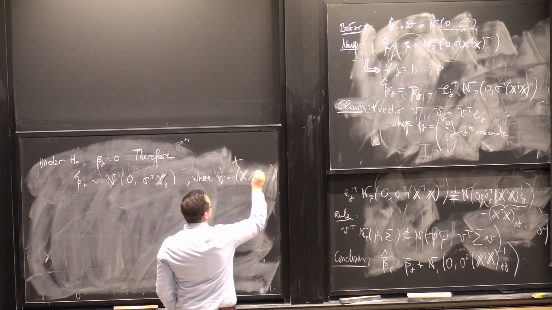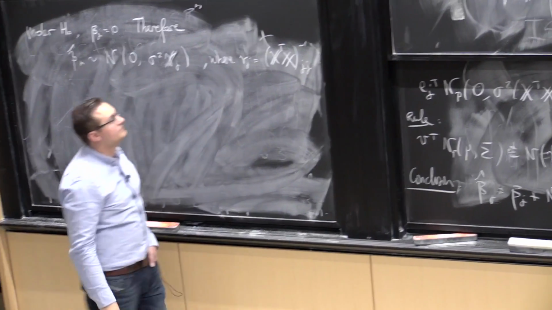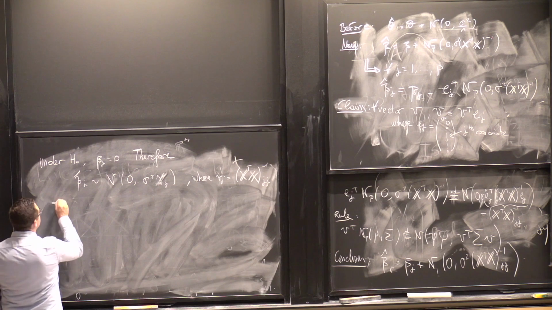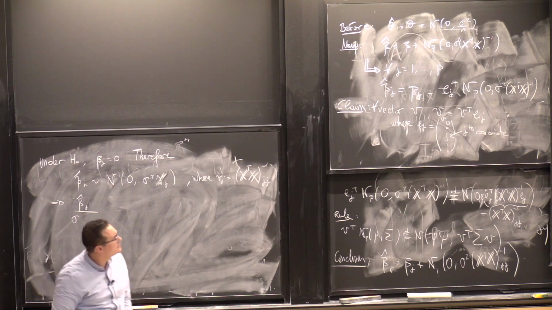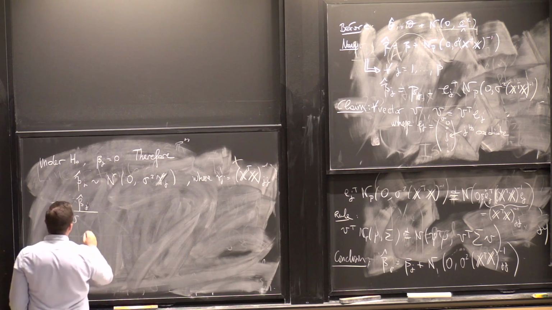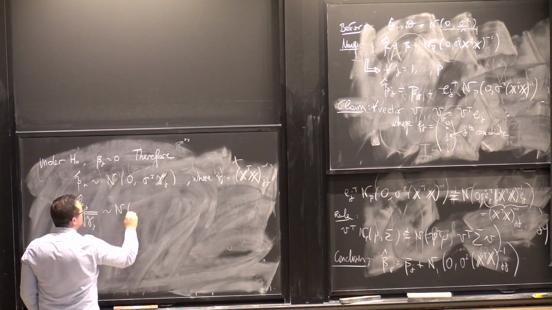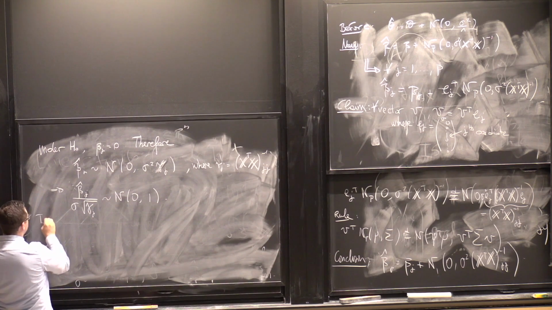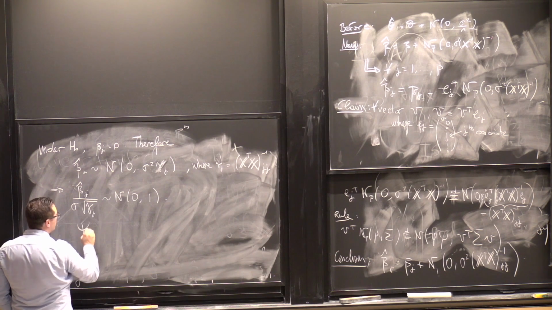So gamma j is this jth diagonal element of X transpose X inverse. That implies that beta hat j over sigma square root of gamma j follows some N(0,1). So I can form my test statistic, which is to reject